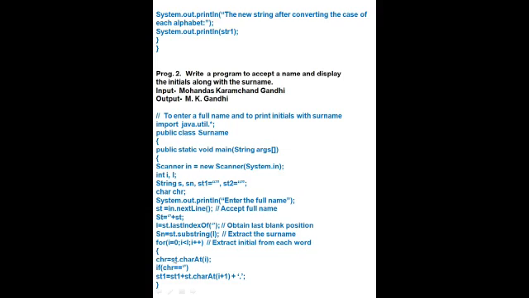Then char chr, st dot charAt I, we are finding the character at I. If char equals blank, then st1 is equal to st1 plus st dot charAt I plus 1, because first m is stored here, then plus 1, the characters a, I plus 1, o, h, a and d are taken here, plus dot. Now all will be stored here, only m will come here, then dot will be here. After that this will close here.